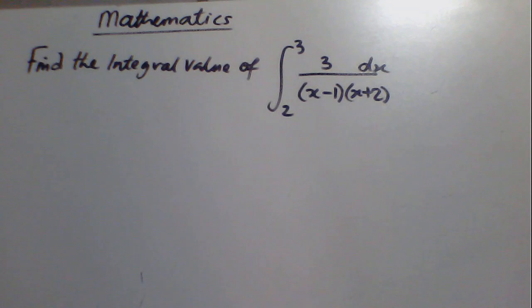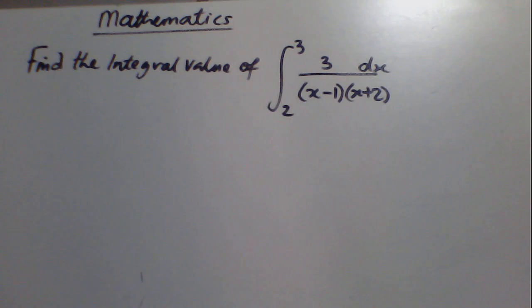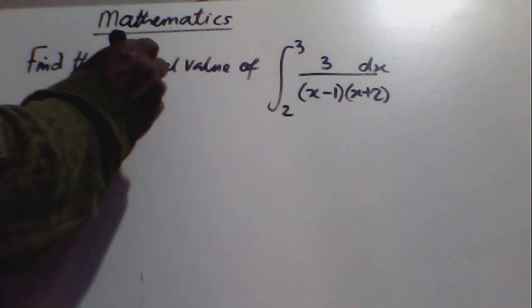Alright, good day students. You are required to find the integral value of this definite integral: the integral from 2 to 3 of 3 dx divided by (x minus 1)(x plus 2). So how do you go about solving this type of integral? By merely looking at it, you have to use integration by partial fraction to split this value into two terms. So by partial fraction,